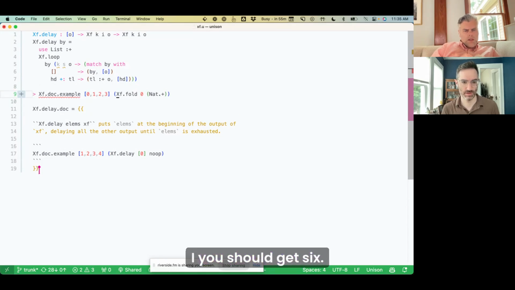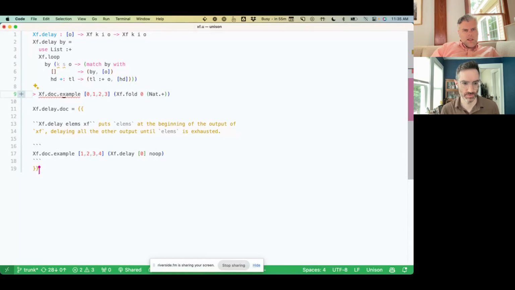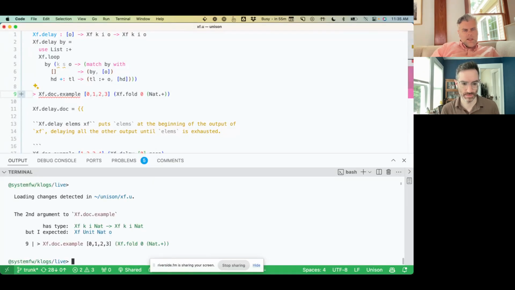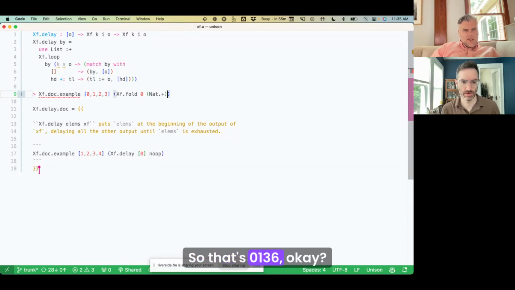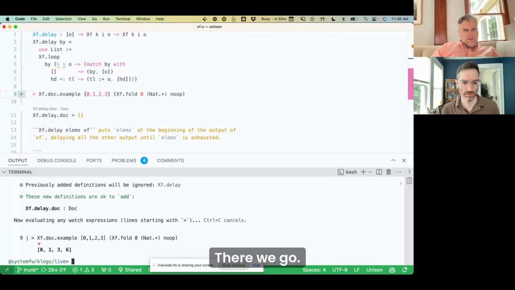You should go 6. Well, it's going to do the partial sums. Oh, I see. So it's 0, 1, 3, 6. Okay, there we go. Yeah, all right, makes sense. That looks good. I just want to view the xf stuff.